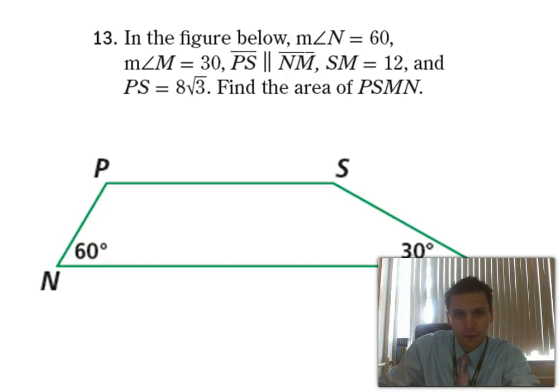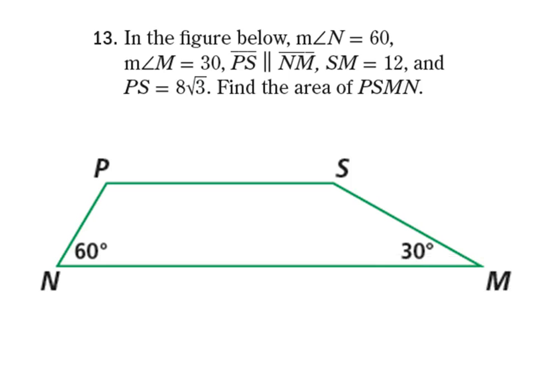Well, hello again. Mr. Bucko here with my favorite problem from the Geometry Chapter 8 self-test, number 13, where we have a figure below where the measure of angle N is 60 degrees, the measure of angle M is 30 degrees, PS is parallel to NM, the distance from S to M is 12, and the distance from P to S is 8 times the square root of 3, and we have to find the area of